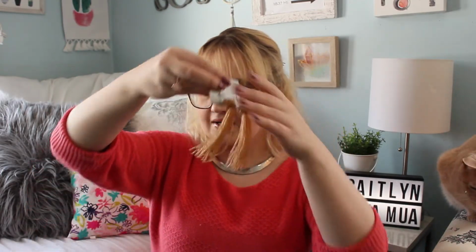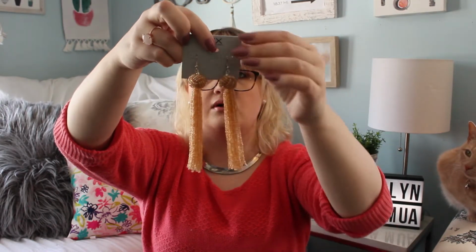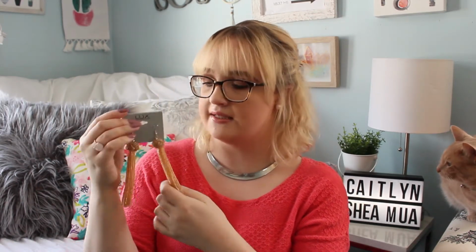And the last thing from Burlington Coat Factory, I got these. These are tassel earrings. They're all beaded, and these were on sale for $2.99. I know you probably won't be able to see them, but I feel like they would look really cool with my hair. I tried to find different colors, but I thought I'd try these out so they don't stand out as much in my hair. On to